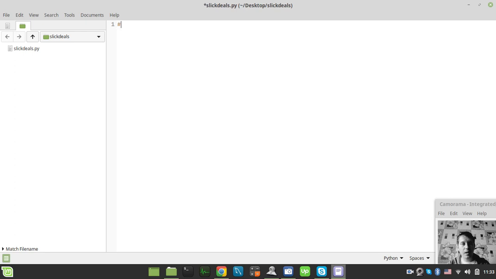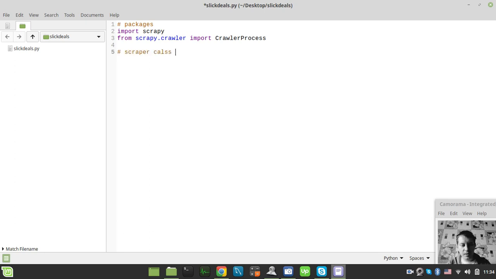First we need to import some packages here. So we say import scrapy, and from scrapy.crawler import CrawlerProcess, and then we'll go with a